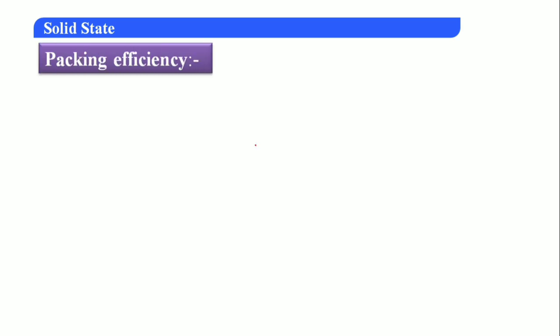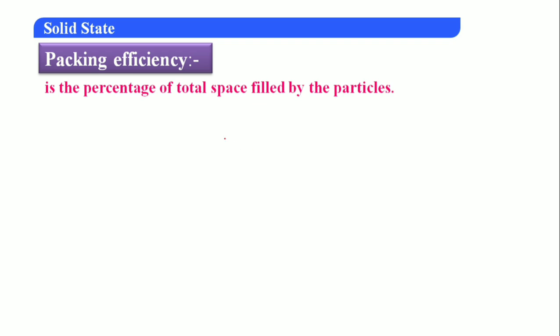Yes, first we will see FCC. First you have to remember what packing efficiency is. Packing efficiency means the percentage of the total space filled by the particles. We are not talking about voids. Voids are nothing but empty spaces. So generally, when we consider the particles as spheres, whatever arrangement you make, there will be at least some space left out because of the spherical shape. We are calculating here the total space filled by the particles, how much.